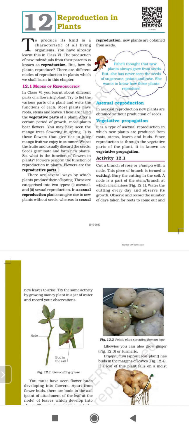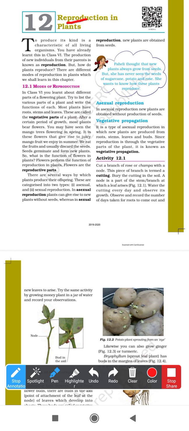Reproduction in plants. So what do you mean by reproduction? Reproduction simply means to reproduce. Re means again and produce means to make. So how we are reproducing, that is how we are born from one generation to another generation, how we are born from our parents, how the generation continues is called reproduction.